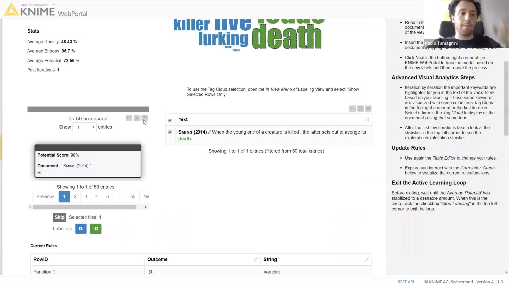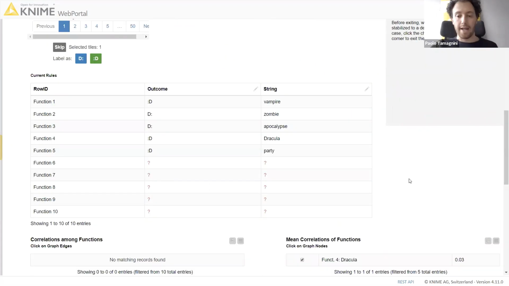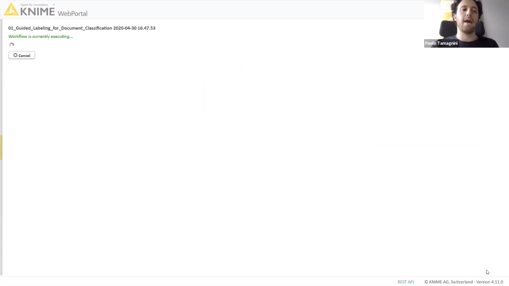Let's say that we stop labeling now. I go on stop labeling up here, even though the average potential is 72%, is still quite high. Let's, just for this demo, decide to wrap it up after 2 iterations and export the model and the labels and the labeling functions. So I click next, and now I'm exiting the human in the loop, and I go to the final page